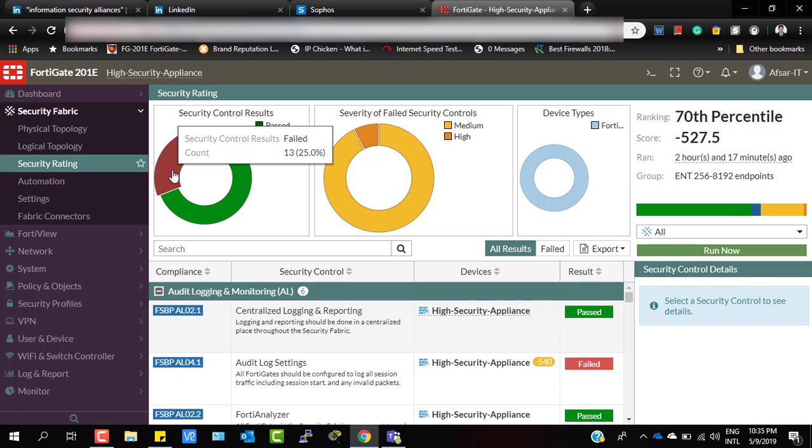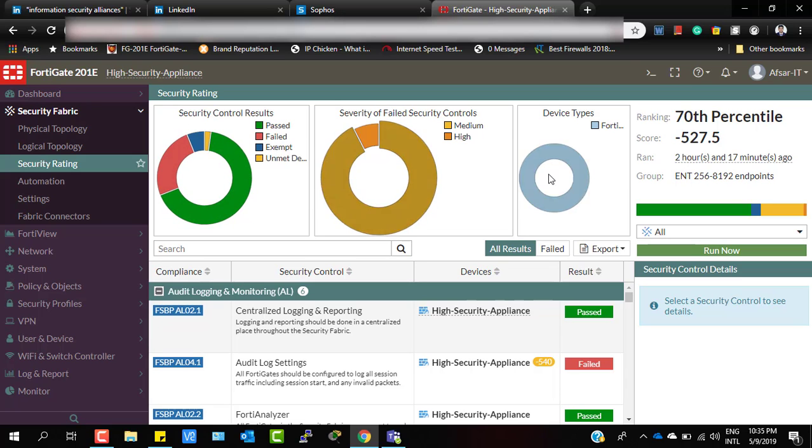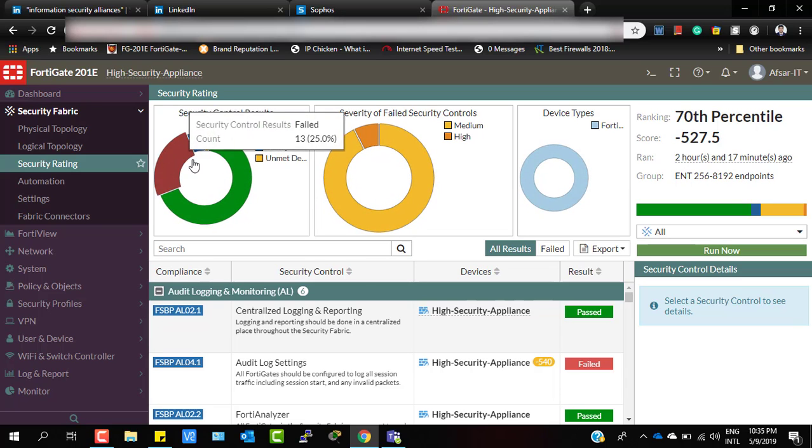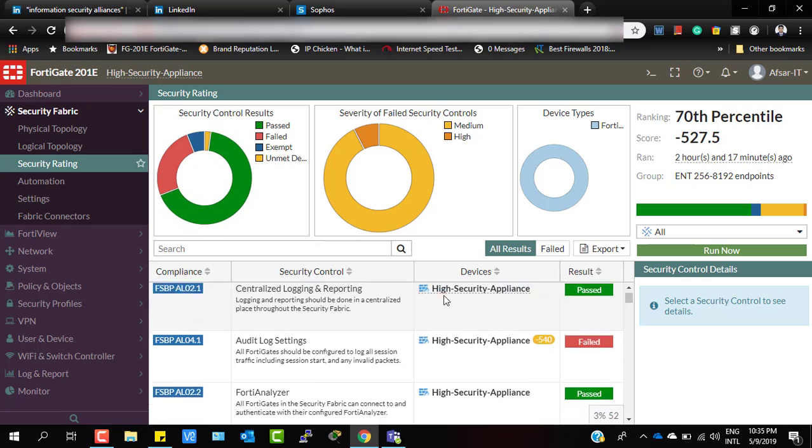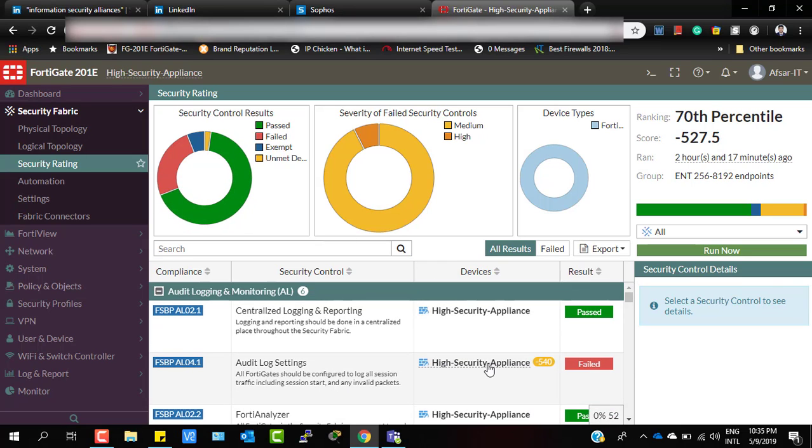In my organization, other devices are not from Fortinet. Some of them are Cisco, some of them are other Wi-Fi routers, etc. That's why it shows some